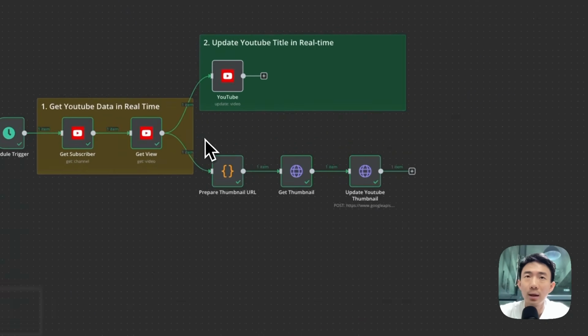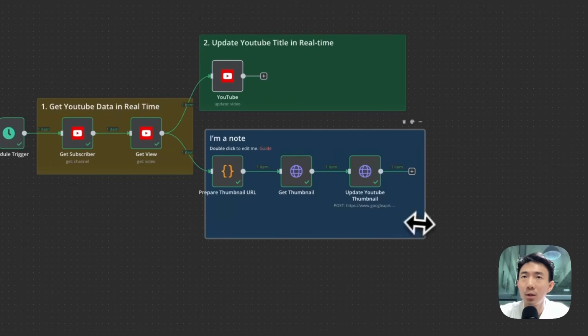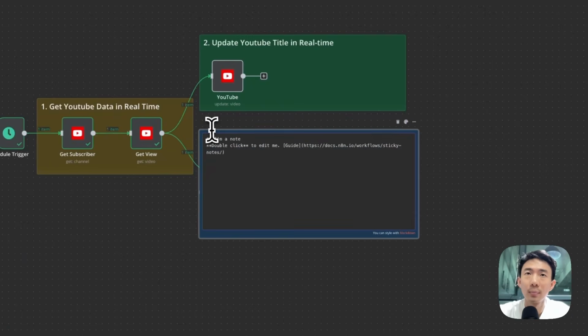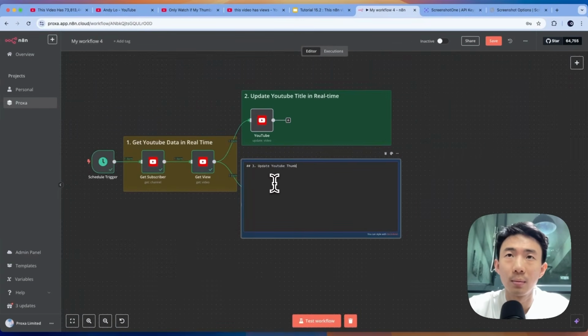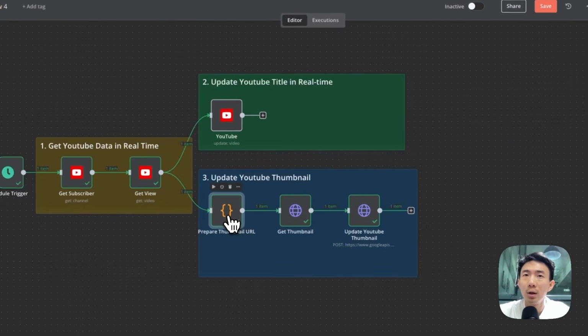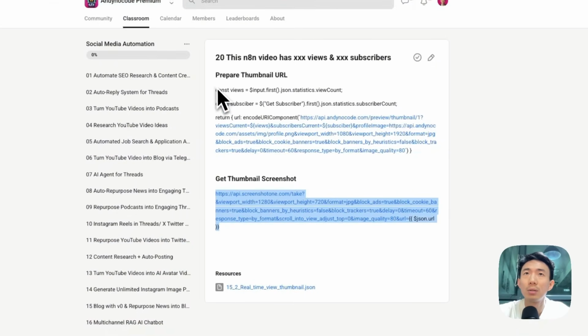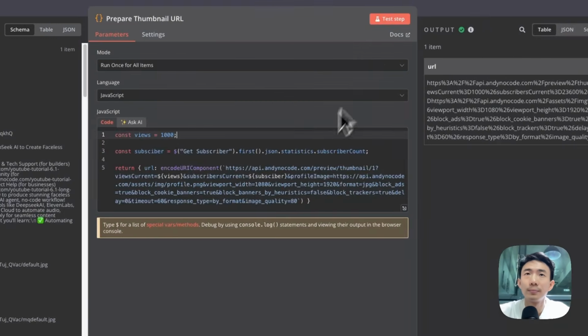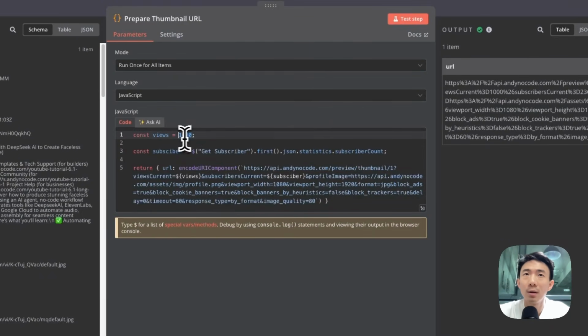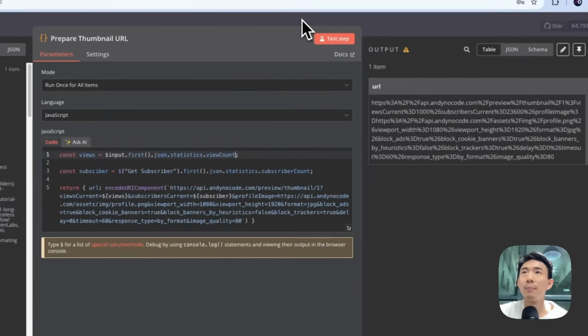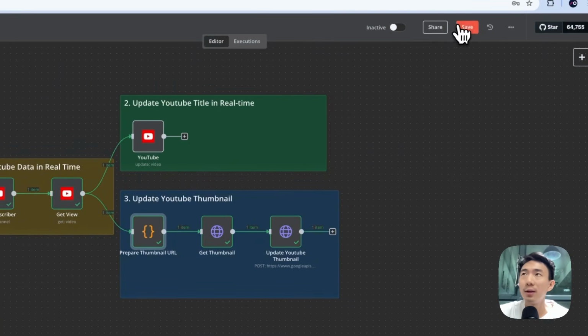So basically, that's how we can set things out on this AndyNoCode workflow, and we can try to add the sticky note here and try to change it to blue. Okay, and enlarge it for better formatting. So third, update YouTube thumbnail. Okay, and we are going to change it back, go back to here, and then we can just copy this to make sure that we have everything correct. Okay,